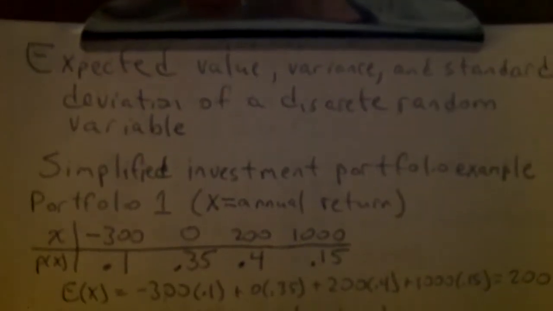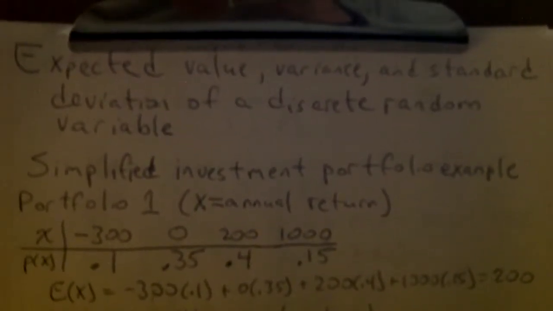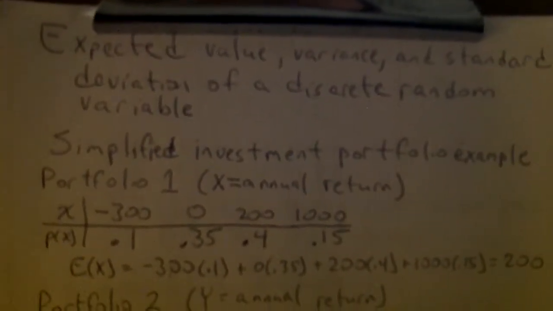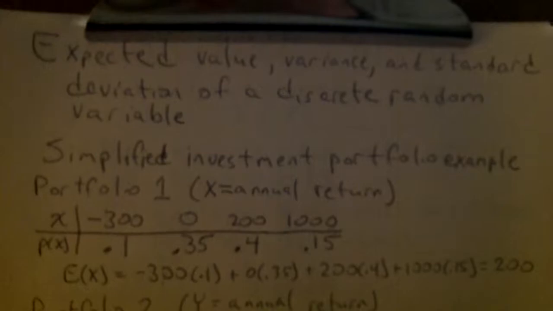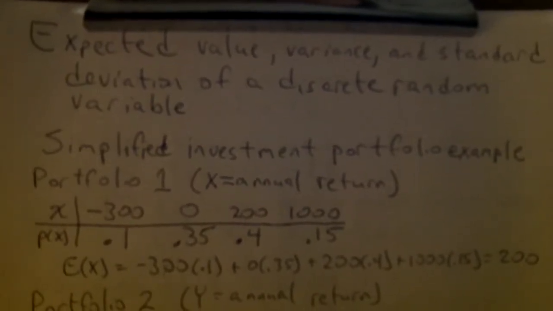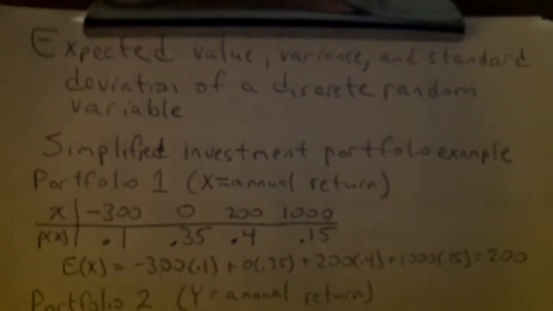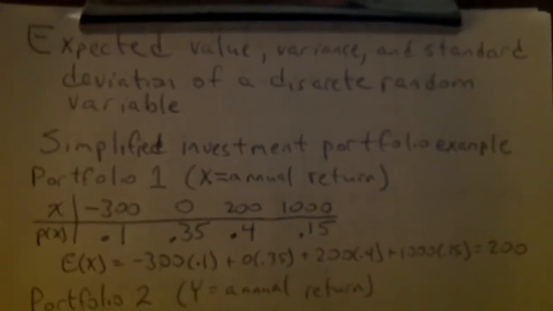Okay, hi folks. This is for Statistics 1, the continuation of Chapter 7. Where we left off was in Section 7.4, finishing up the expected value, variance, and standard deviation of a discrete